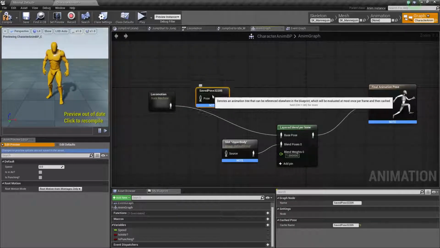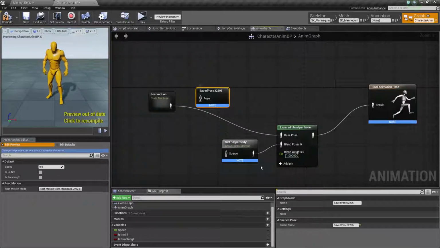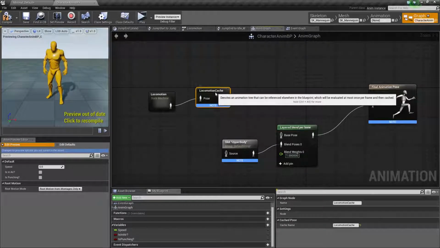It's going to give us a funky name. So I'm going to select that node and rename that down in the details panel here. Now we're just going to call this the locomotion cache, like so. Now if we connect our locomotion state machine, our pose from our locomotion, into this cache pose like so,